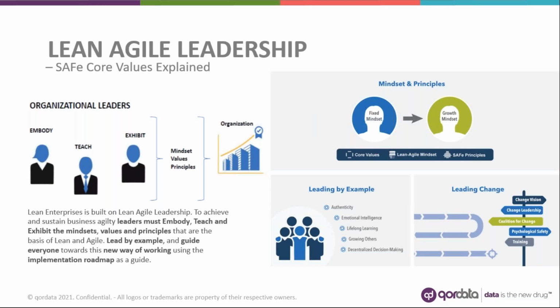One of the lean core values of SAFe is lean agile leadership. Lean agile leadership competency describes how lean agile leaders drive and sustain organizational change by operational excellence, by empowering individuals and teams to achieve their highest potential. So the leadership should embody people towards, they should lead by example, if I say correctly. And this starts with the growth mindset.